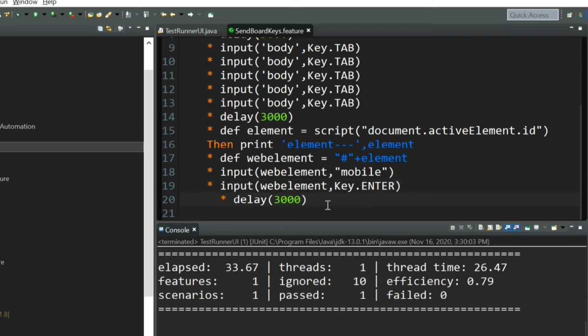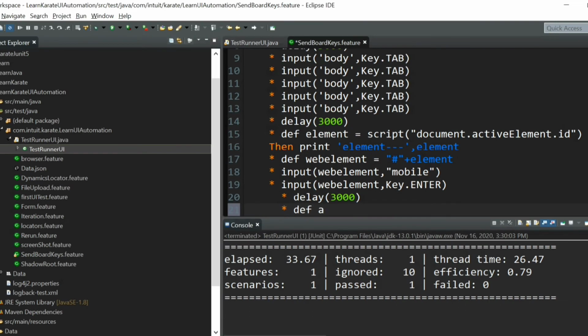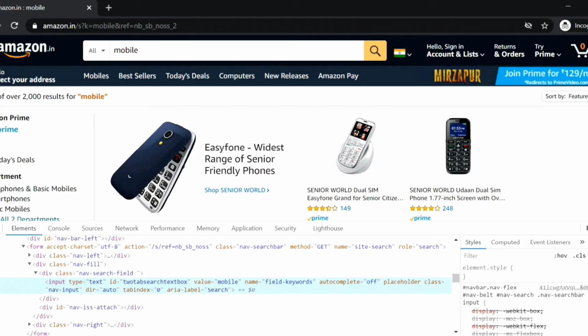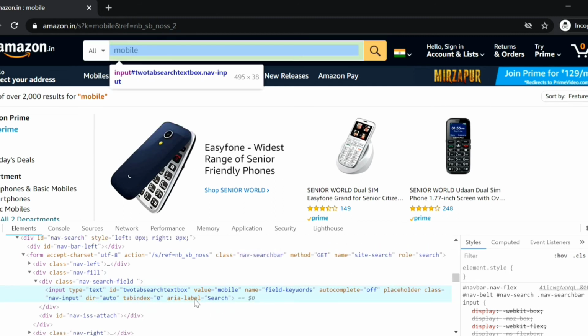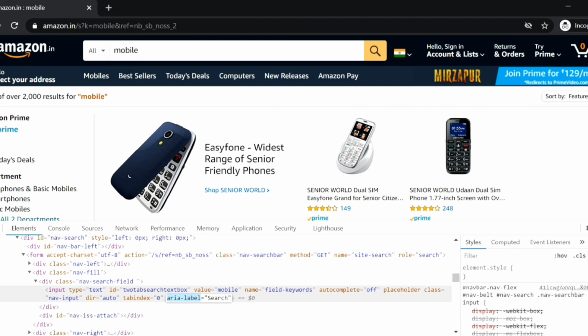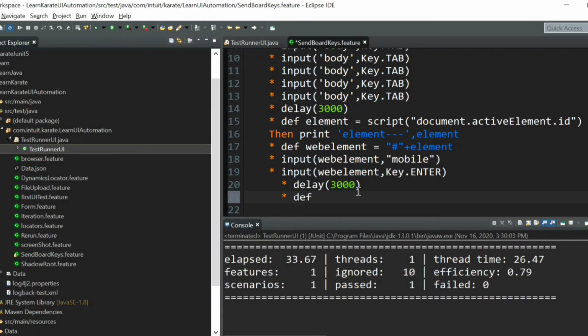Okay, so here also we can try using the same thing. So let's define the attribute. Let's go to the web page, and if we inspect this mobile, we can take the attribute of area label. We just want the area label attribute value, so it should be search, right? So let's search for that attribute.